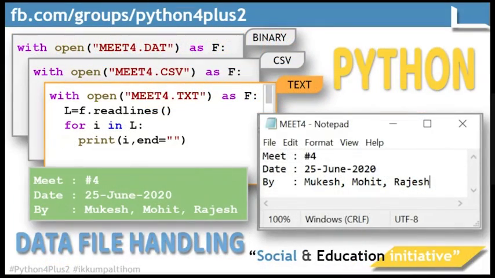Good evening, everyone. Today we are going to cover data file handling in Python. We'll be doing CSV files, text files, and binary files. We'll be learning about how to create these files, how to access these files, and how to manipulate the content